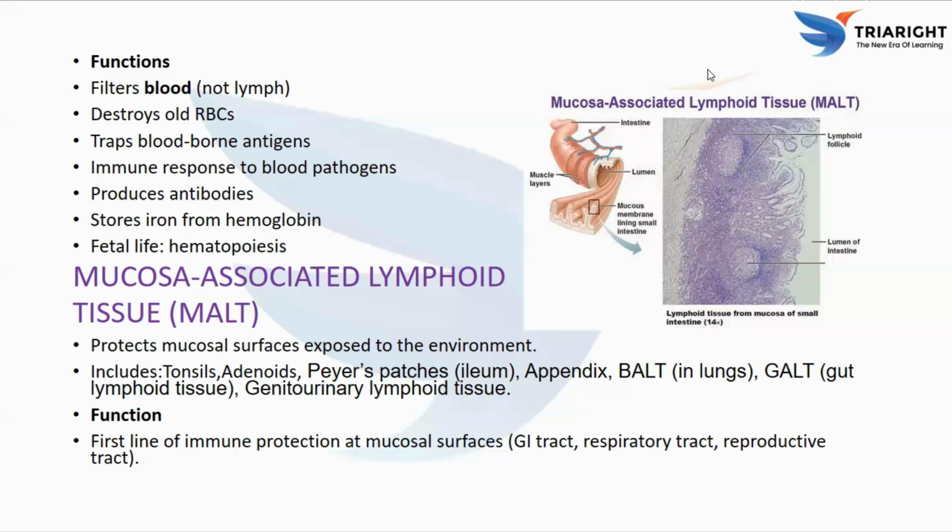And the right picture is a microscopic image. This is a histology slide showing lymphoid tissue in the small intestine. There is a lymphoid follicle, a dense cluster of lymphocytes, a combination of B and T cells. This is where the immune reactions occur and antibodies are produced. And this is the lumen of the intestine, the inner space where food, bacteria and foreign particles move. When antigens from food or microbes enter the lumen, they are detected by the MALT. Immune cells in the lymphoid follicles respond immediately to fight the infection.